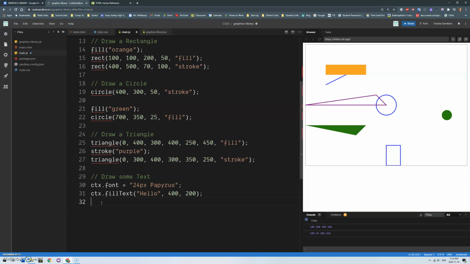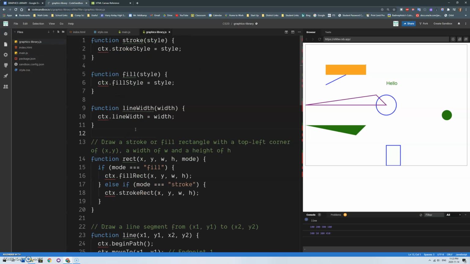So there is no need to go context.fill or context.stroke. It's kind of like the rectangles that we did. So hopefully that'll get her done. There it is. Hello. And of course you can play around with different fonts. Let's try Arial. There it is. And keeping consistent with what we did last time,